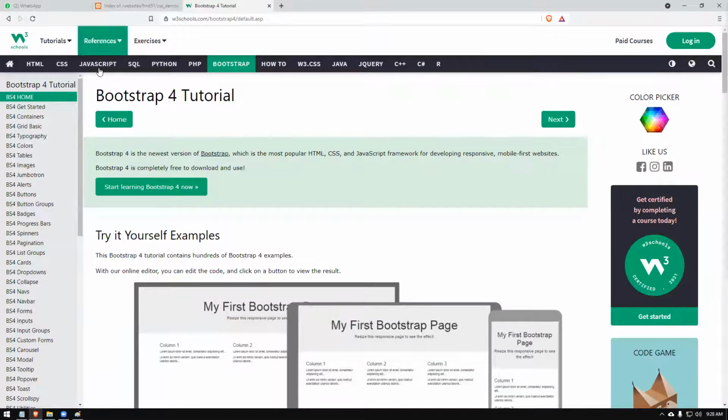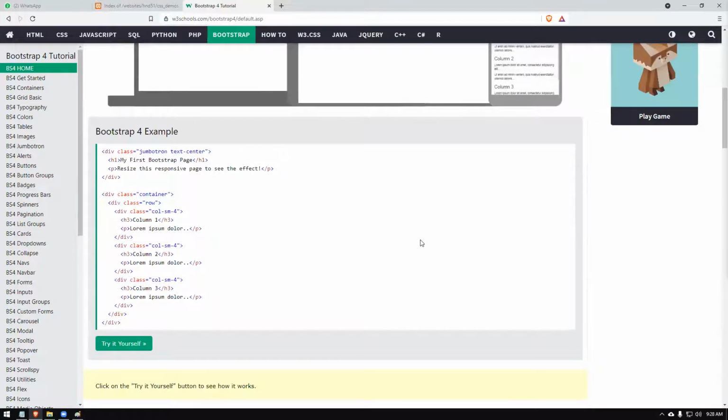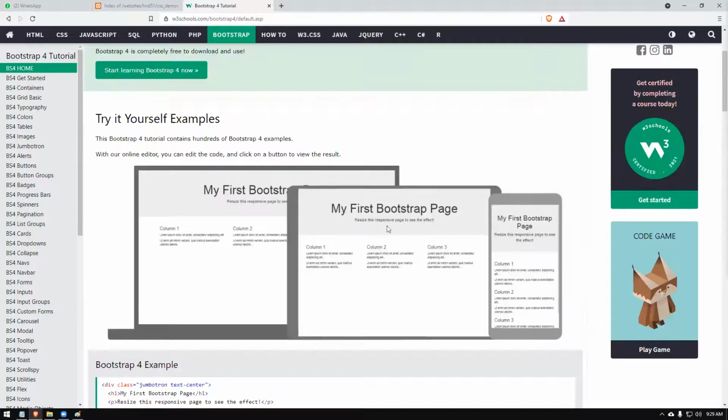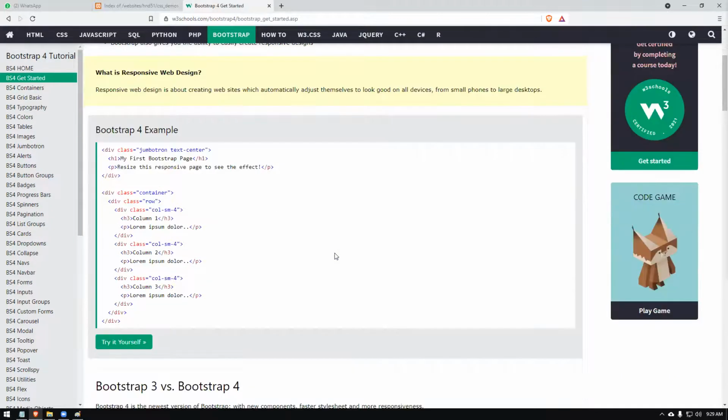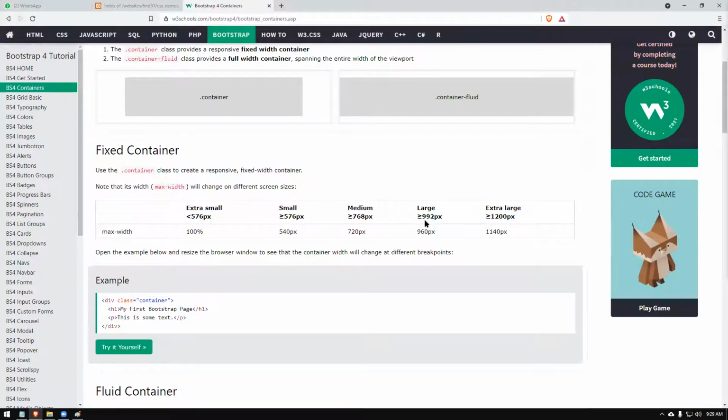This is the W3Schools website. They have categorized the tutorial into that. This is not the official website of Bootstrap. Bootstrap's official website, I'll show you in a while. There are some things that they are showing, how you can build certain stuff. You can give it a try, which is pretty simple. How to get started and all, they are showing. It's very simple to learn these things. So I'm going to first of all show you this.